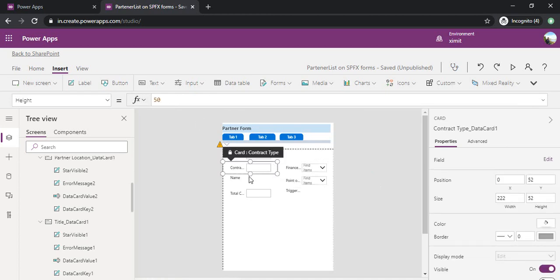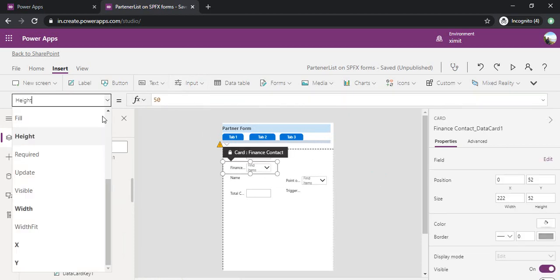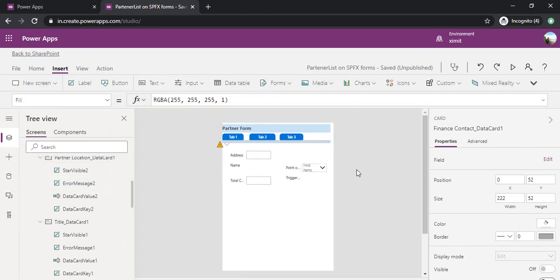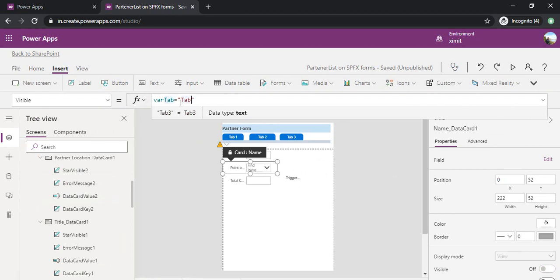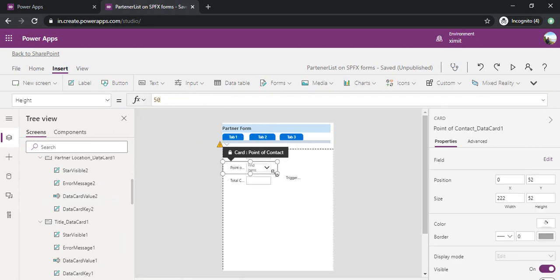And now this one is for tab 3, so I'll just set the visibility for the var tab 3, so that this finance related stuff should be visible under the tab 3. I'm just setting that as tab 3. This name should be under my tab 1, so I'll set the visibility for tab 1. And point of contact,